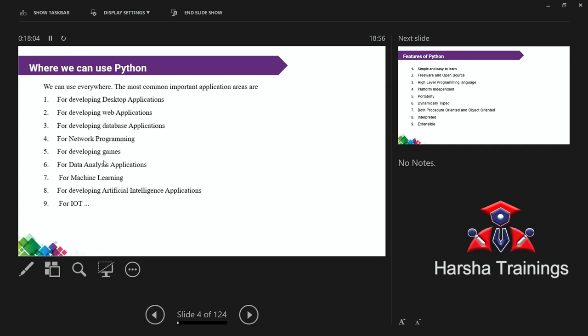The only reason is simplicity. Java also provides the same security as Python. Generally, for internet applications, Java is the most suitable language because it provides high security. But Python also provides the same level of security, with simplicity. That is the reason we are moving with Python.